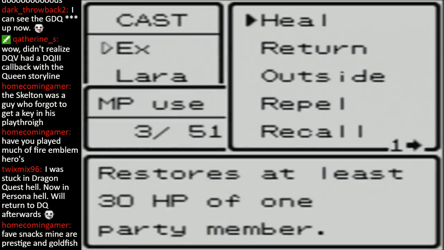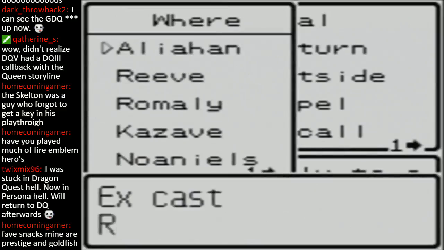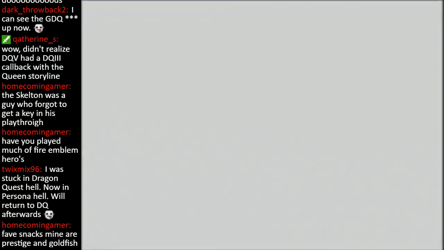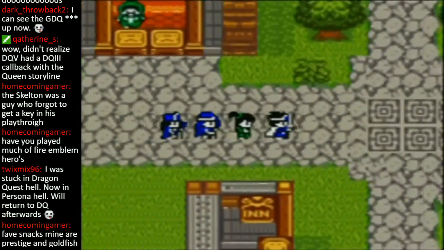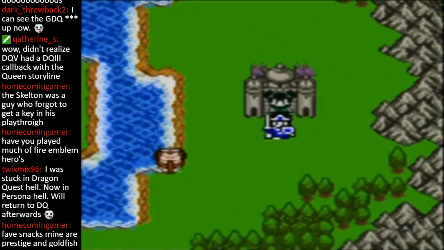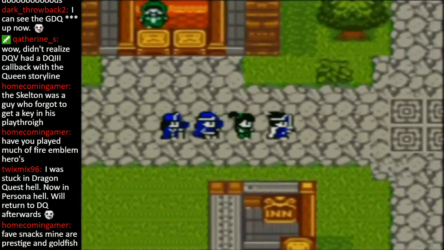So, we're taking a quick stop at Elihan because I got a bunch of mini medals and I think we can trade them in for something good. Oh yeah, you could probably just cast the return spell to get back home if you were stuck in there, now that I'm thinking about it. Because it works in towns in this version. So...